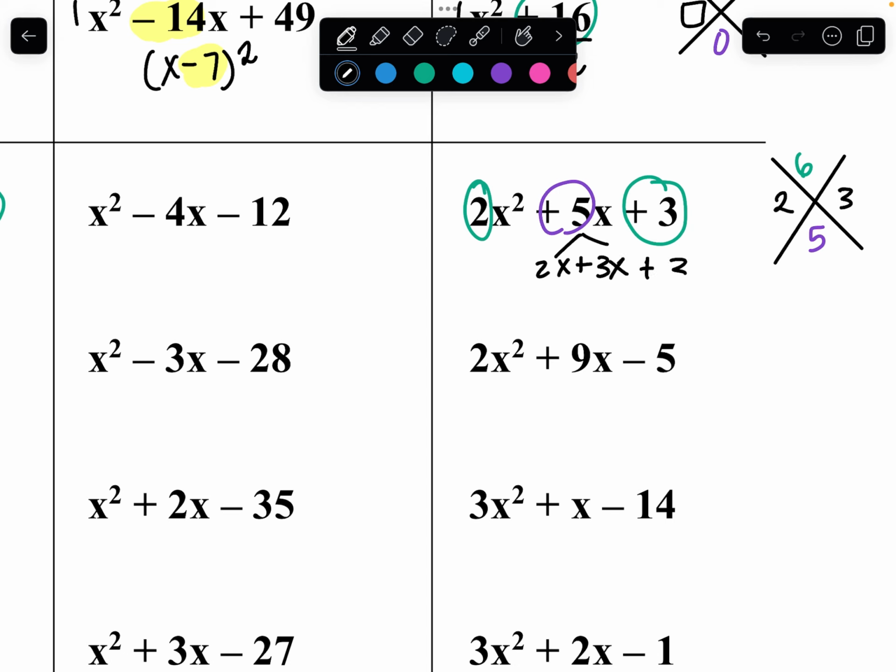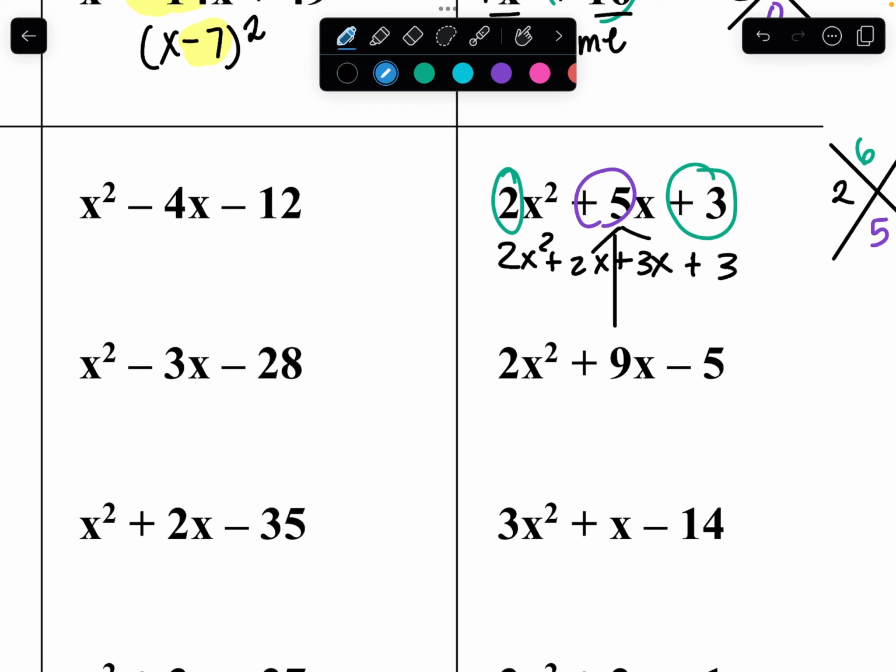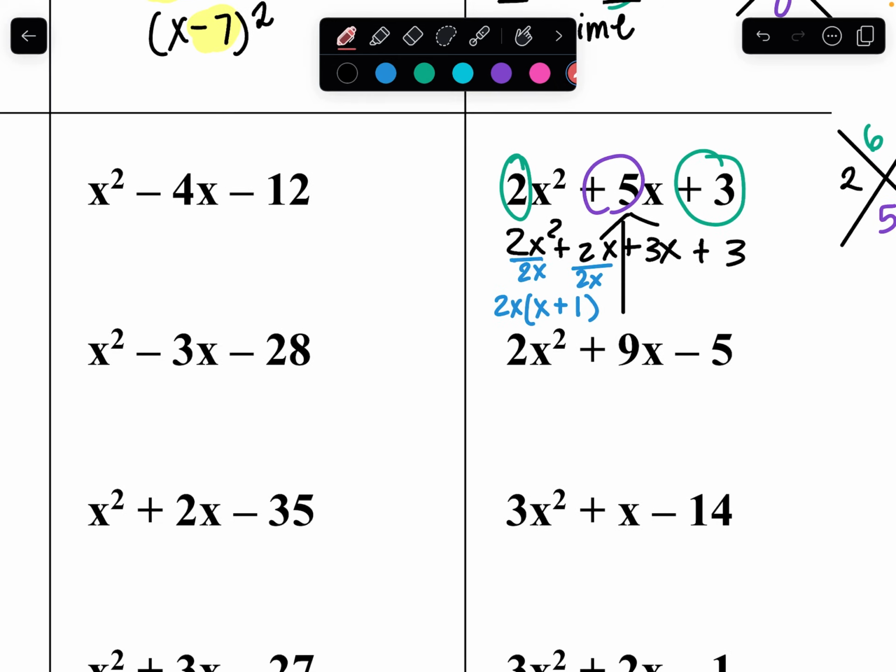And so bring down the rest of the quadratic, the first and the last, and then what we do is we split the middle and divide 2 at a time. It's called factor by grouping. So you're going to factor out a GCF from each side. And so for the left side, we can factor out a 2x. And so 2x squared divided by 2x is 1x, and then 2x divided by 2x is just 1. You have to write the 1 when that's all that's left. For the second pair, we can divide by 3,